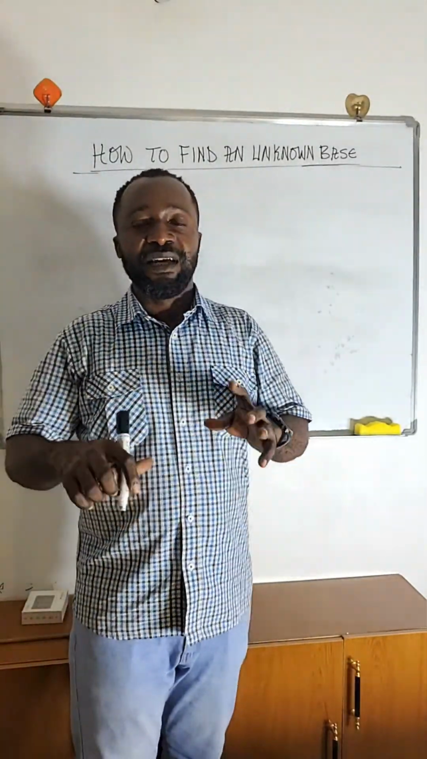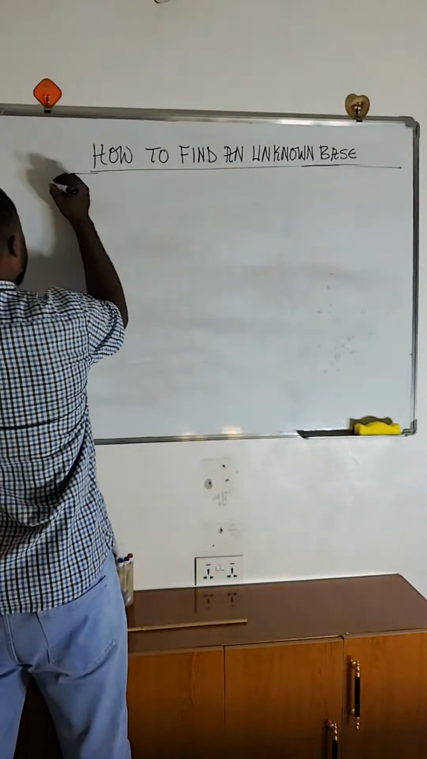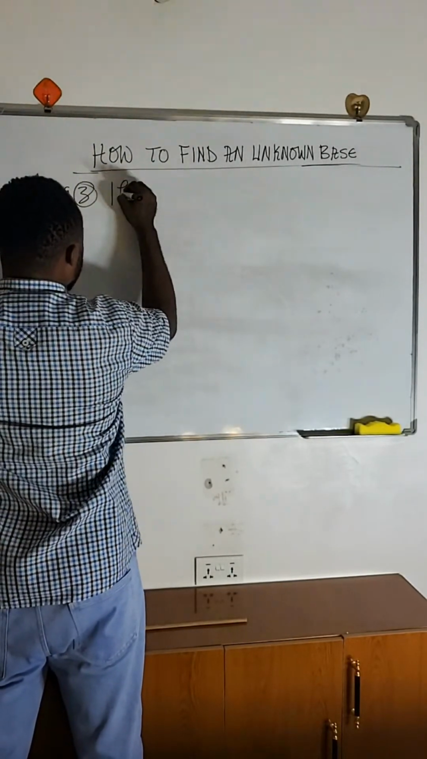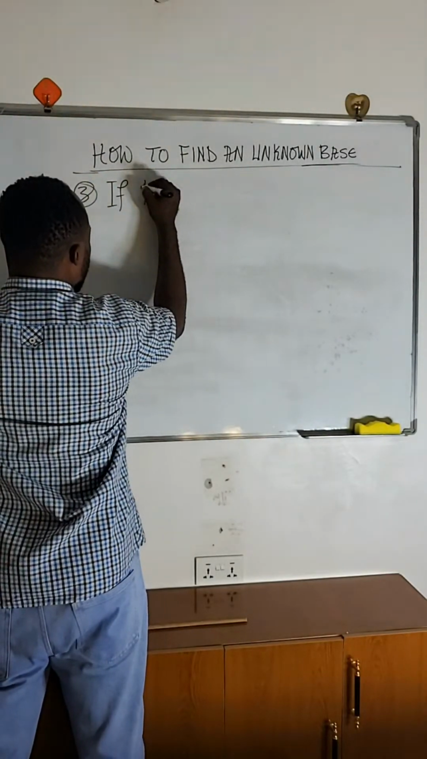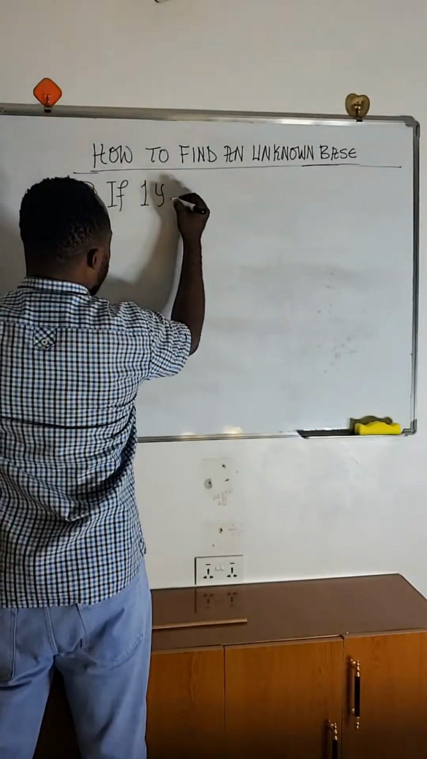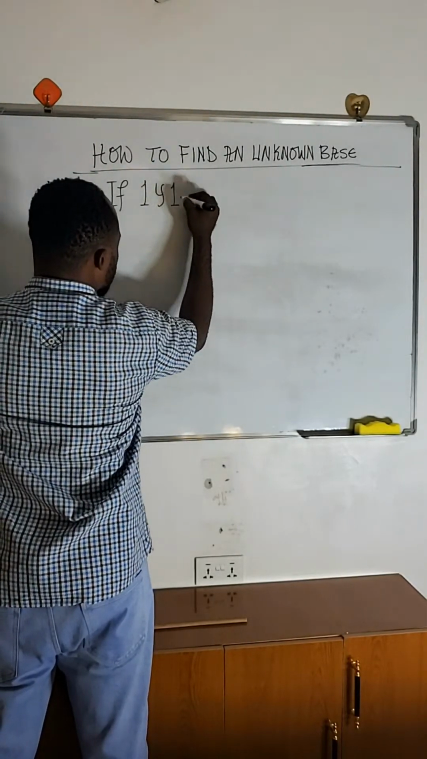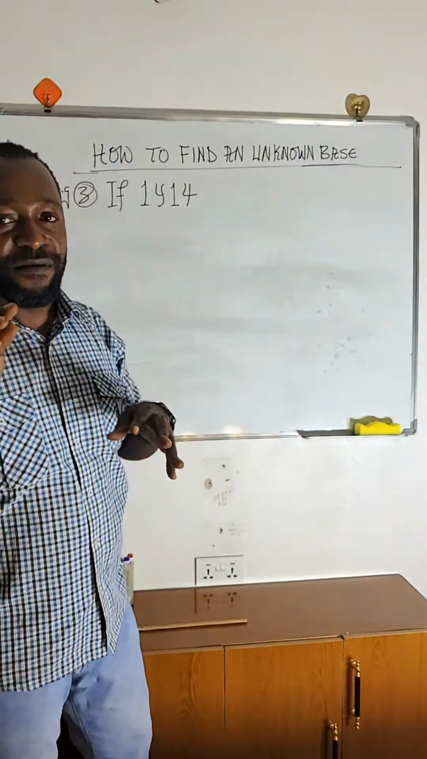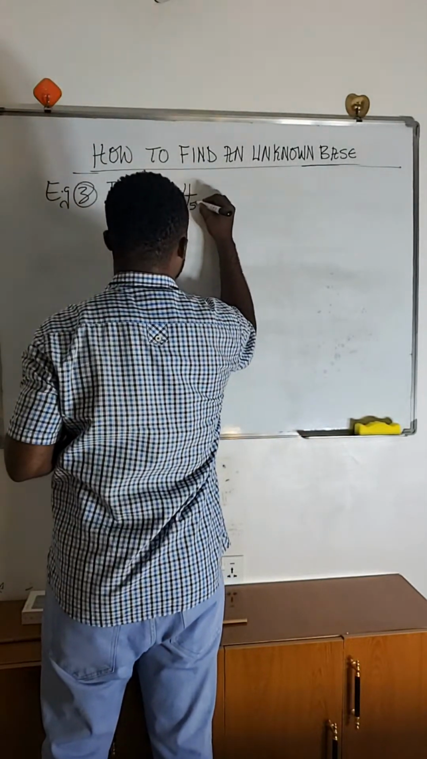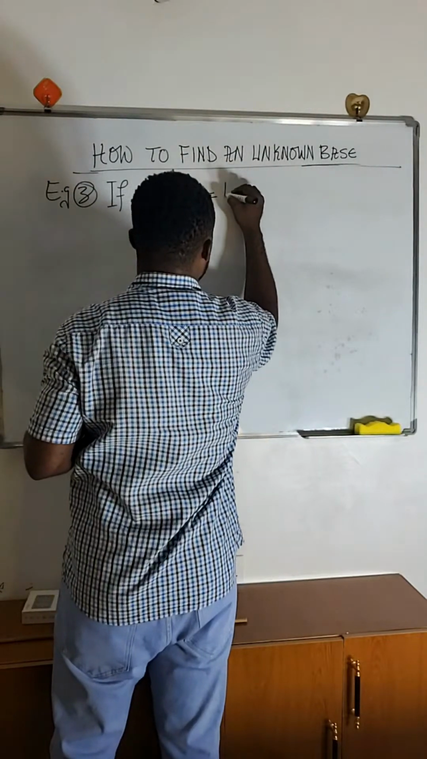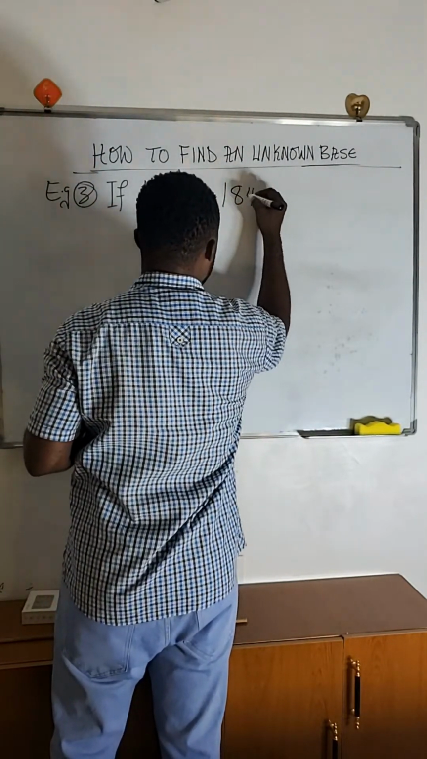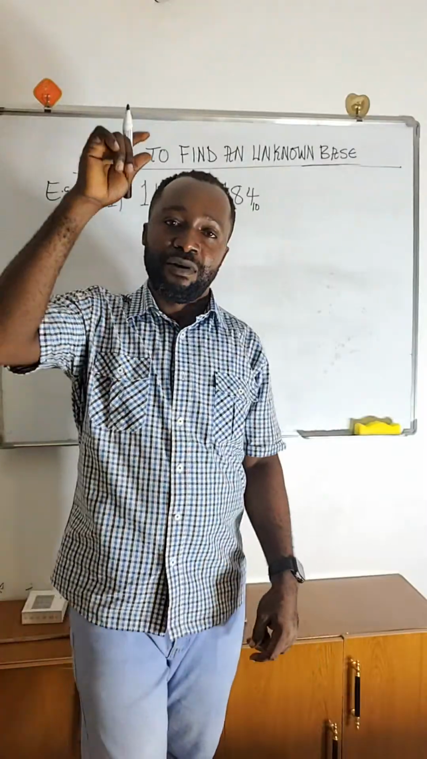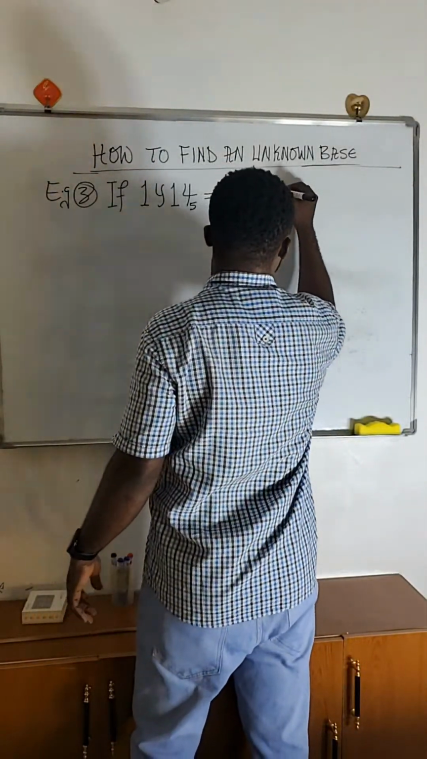So, we are going for the last example. So, the last example, example 3, it says if 1y14, if you have 1y14 in base 5 to be equal to 184 in base 10, you are told to find the value of y. So the question is find